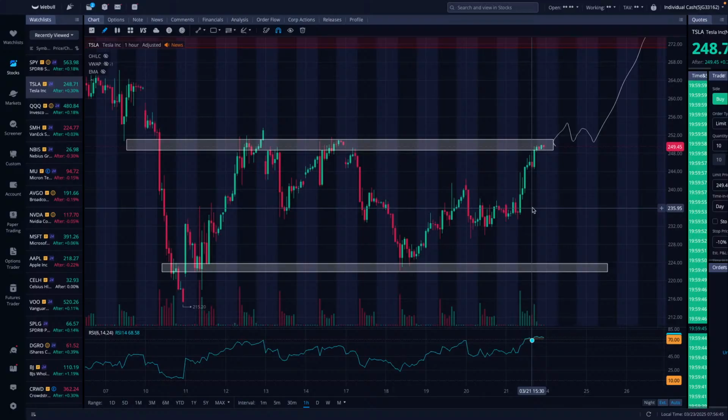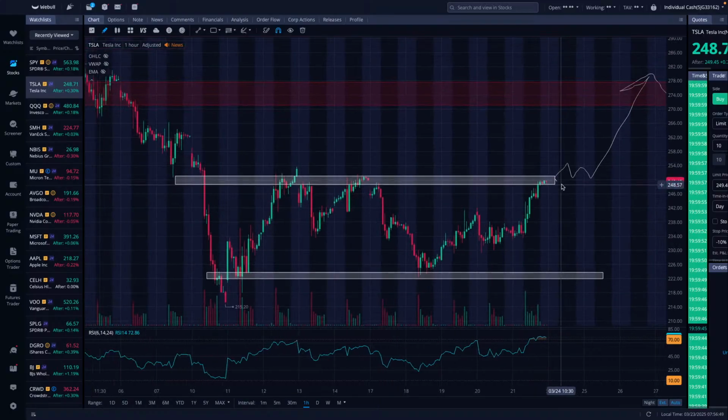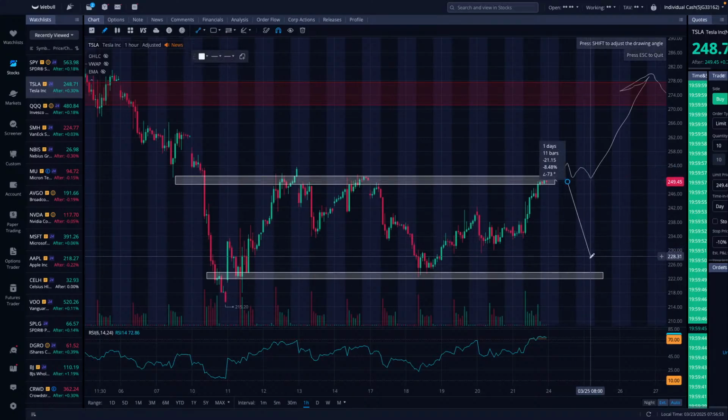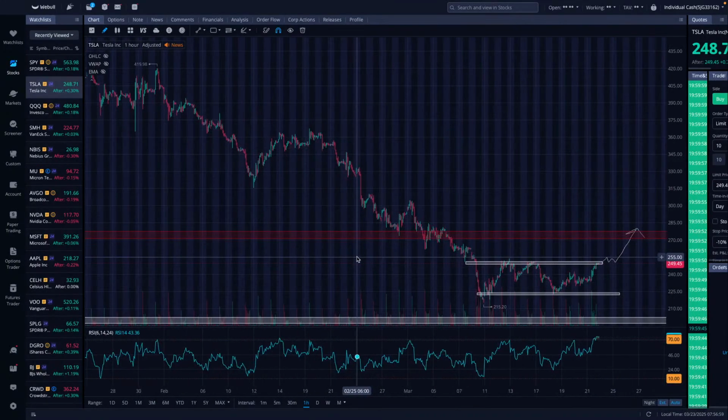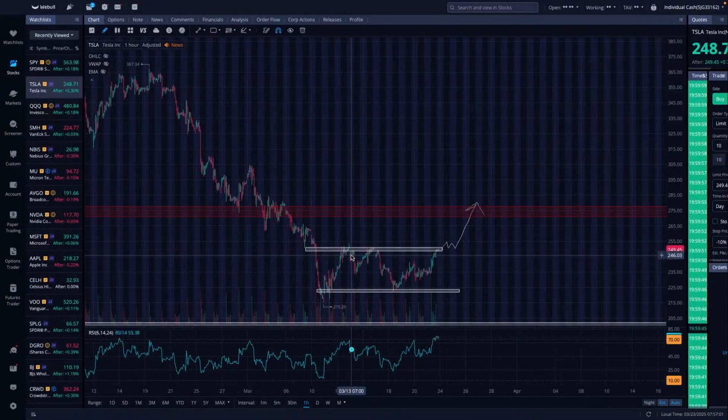But then I'm not going to be foolish. If it can hold 250, it's going to blast back up. But you definitely have some downside potential here at 250. Looking for that move back down, it's 8 to 10% ROI right there. So definitely be cautious when you're looking at Tesla right now. Tesla can move, but you have to be realistic about where it's at.